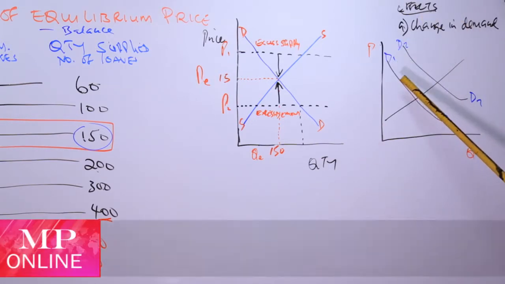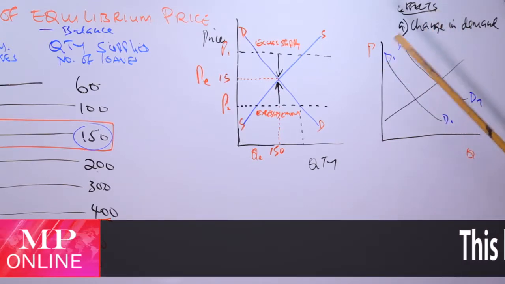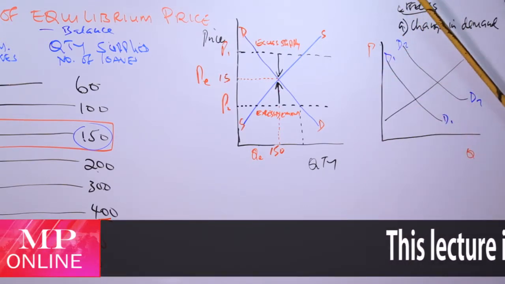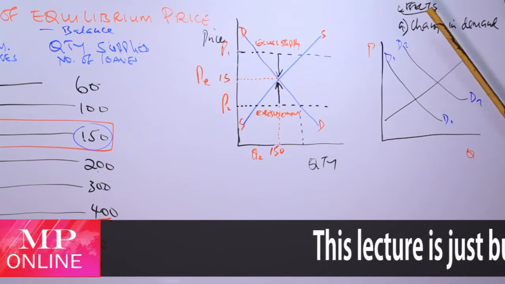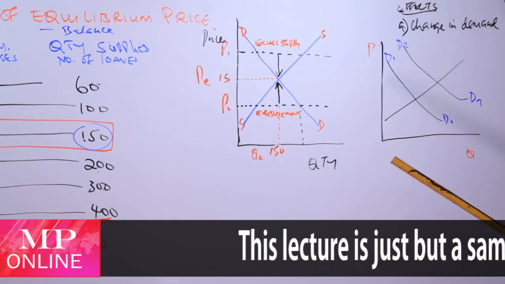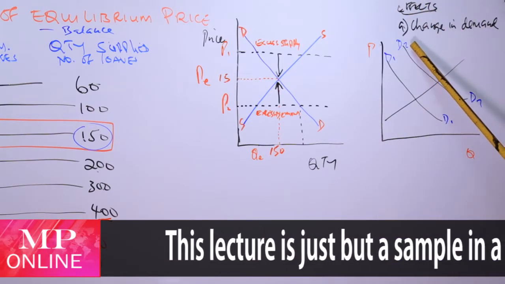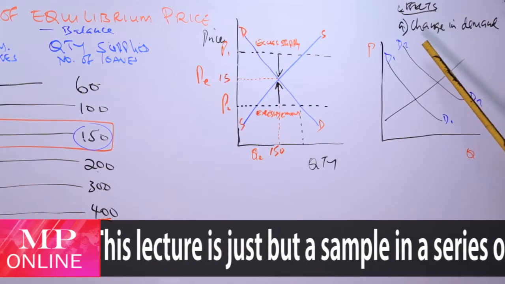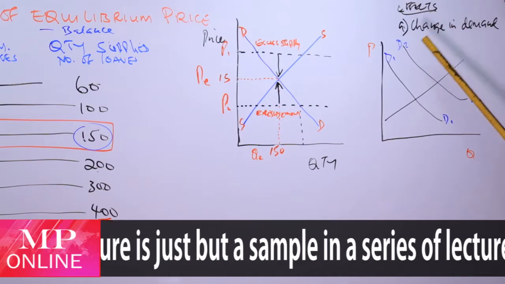Shifting to the right means that there is an increase in demand, from D1 to D2,